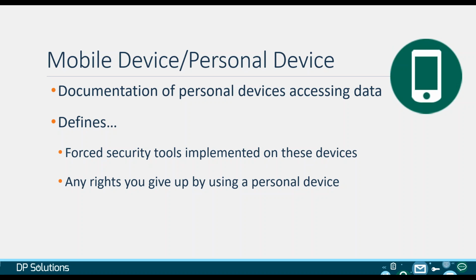Additionally, you should describe any rights you give up by using a personal device. Now, this is a fine line here, because people are allowed to use their personal cell phones to take family pictures or go to Twitter or Facebook or whatever. I mean, this is why people get cell phones most of the time. But at the same time, once you start putting company information on it, the company or the organization is liable